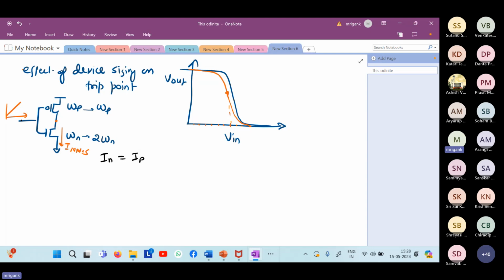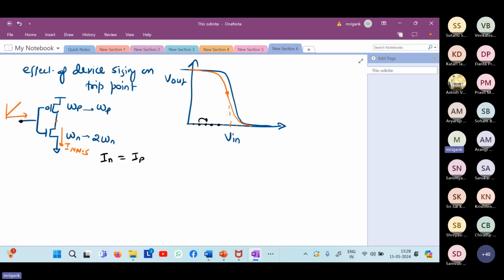Don't confuse it with the transient operation. Transient operation is different. Here it is something like fixing the input gate voltage at different points. You fix it here and check what the output is. Next, you move to the next higher point, change the Vin to the next higher point, fix it at the DC, and then check what the output is.